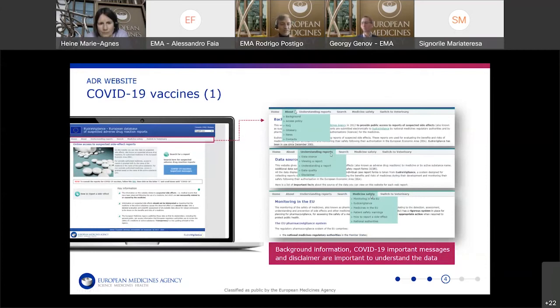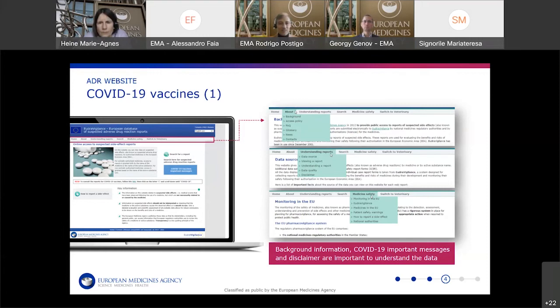But before we go and search into any of the reports, it is important to see that there is a lot of background information, how to understand the data, how to understand the reports, and also the messages in the disclaimer that you should acknowledge before you go into a report. And this background information is very important to consider the whole context and to understand the data that we can see in a report. And we understand there is a lot of information there, but as I said, this is a complex process, and sometimes it's important to go into the details